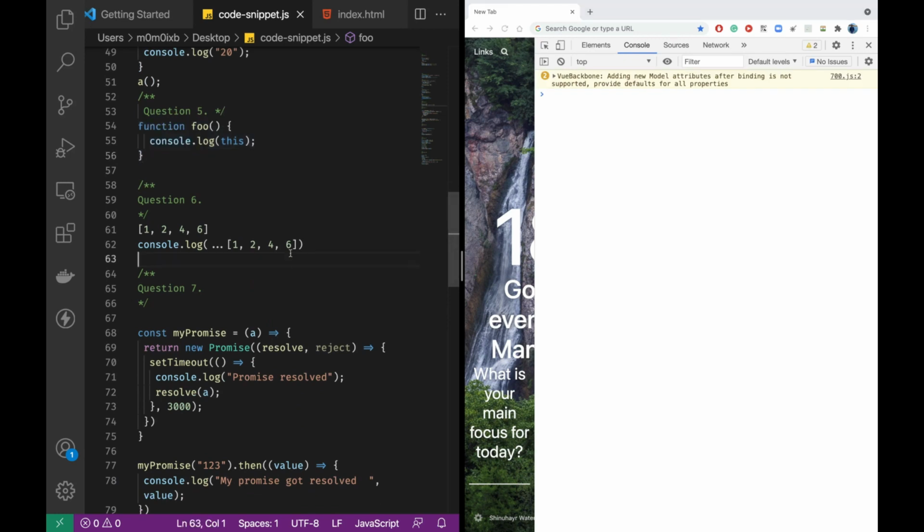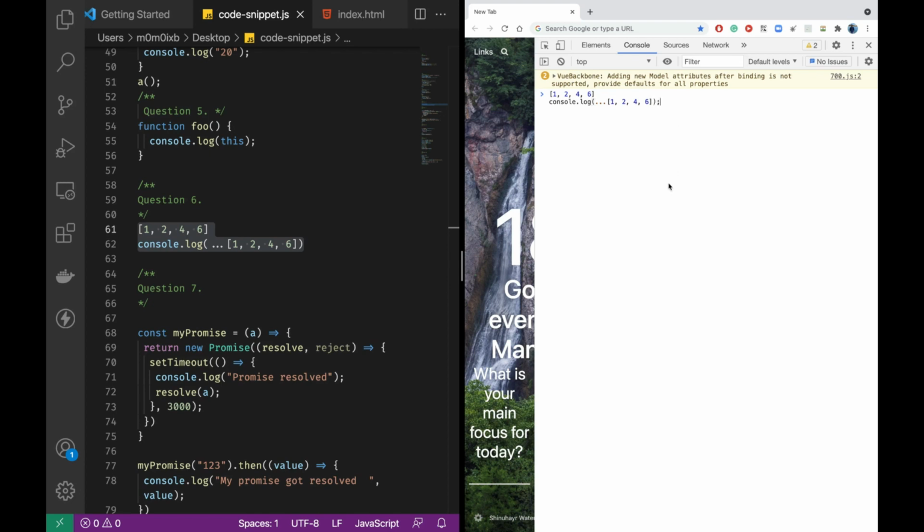Yeah, again. So the next question we have is an array. If some of you are aware of ES7 syntax, then that's fine for you. If somebody is not, then I'll tell you what it is. It is a spread operator. What it does is it spreads out the values of an array, and you can use the same thing in an object as well to spread the values. So we have this array and we are trying to spread it. So what's going to happen after spreading this?